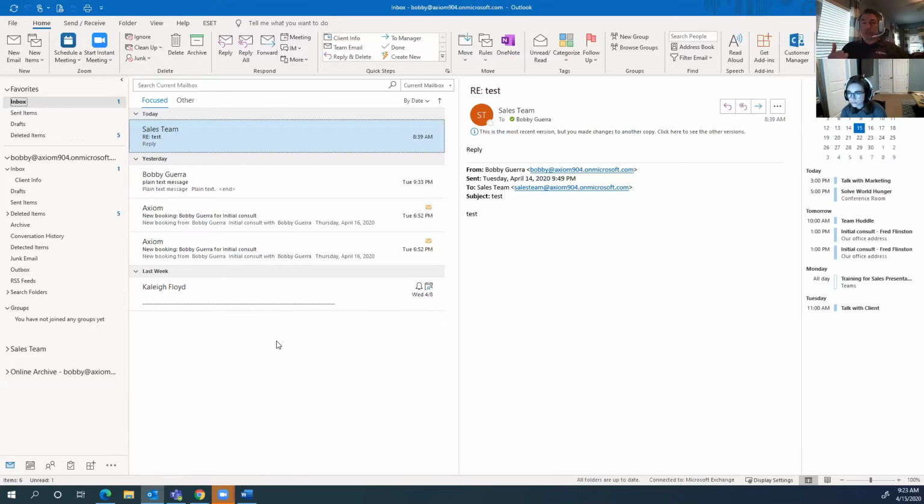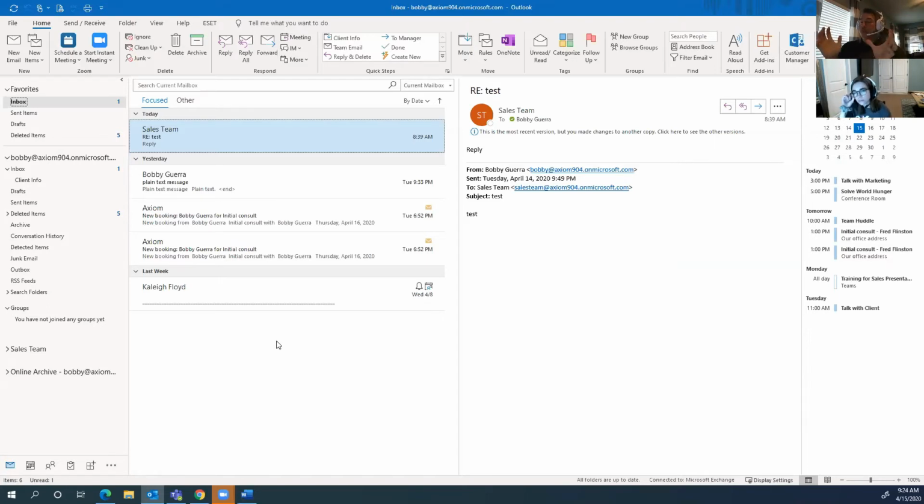Now, you're a good person. You set your caching to 6 months to a year, right? So you're only pulling that mail down locally, but the mail that you have in the cloud is still just getting bigger and bigger and bigger. So where online archiving is really helpful is it says, okay, we're going to take that mail and we're going to set a time frame.